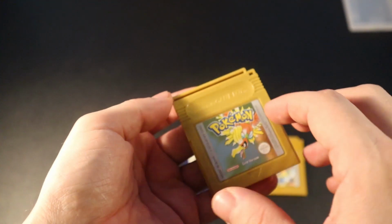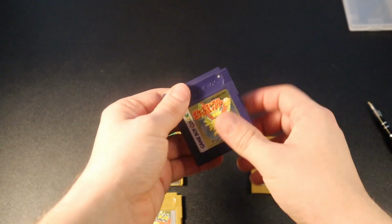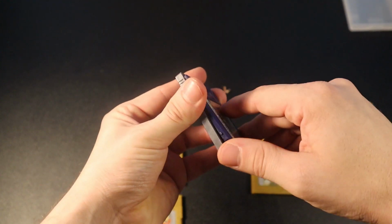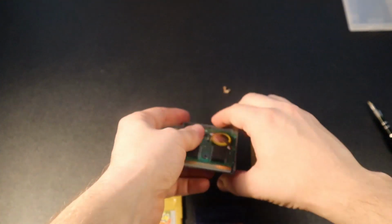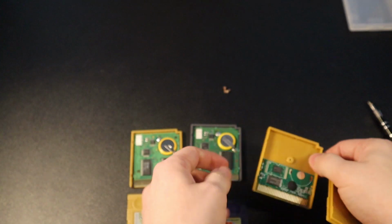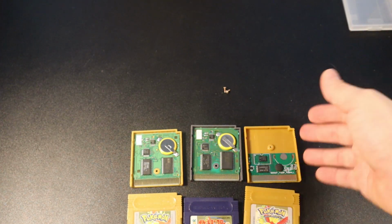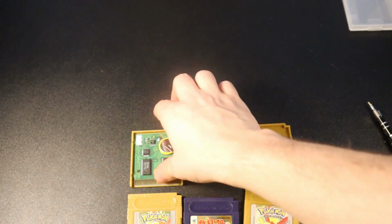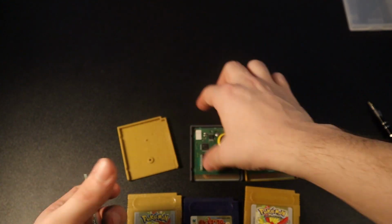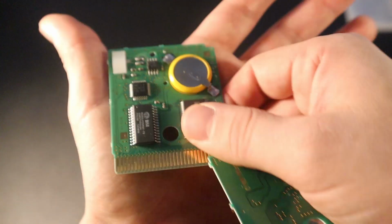If you use force, you're going to break it. Once you push it down, you can lift it up. And that's pretty much it. Now you can tell straight away which one is the fake. Obviously the third one. Now if I get the chips out for the original one, the original English European one,